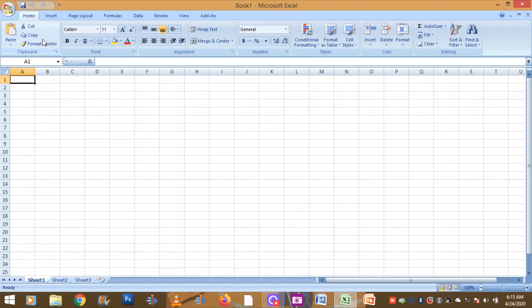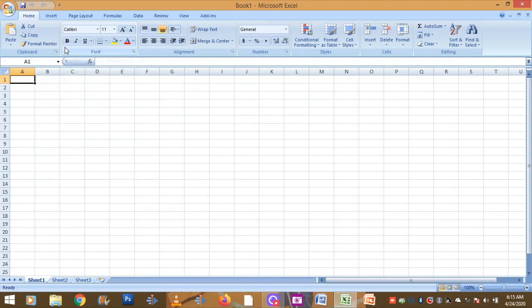On the ribbon, commands are categorized into groups. So this is Clipboard, this is Font, Alignment, Number, and so on. Under the Home tab, in the Clipboard group, related commands are categorized. In the same way, in the Font group, related commands are categorized.